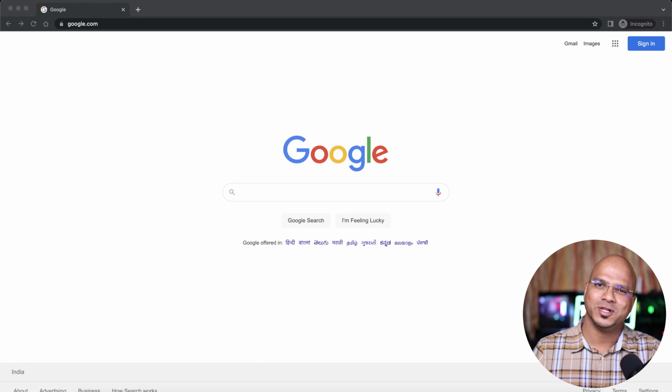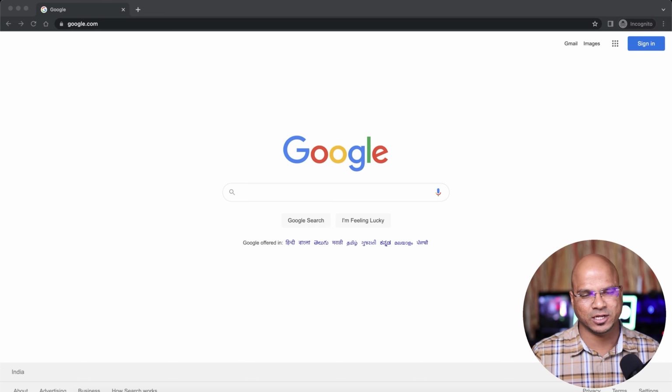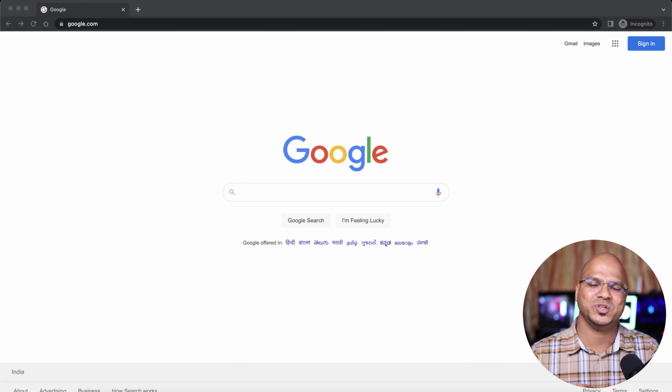Let's talk about Google. In fact, we don't even use this term called search. We always say, let's Google it. Google is so important, right? Now, the only thing Google does is index all the pages on the internet, not all the pages, but the pages which are there for the indexing. Now, why do we need Google?